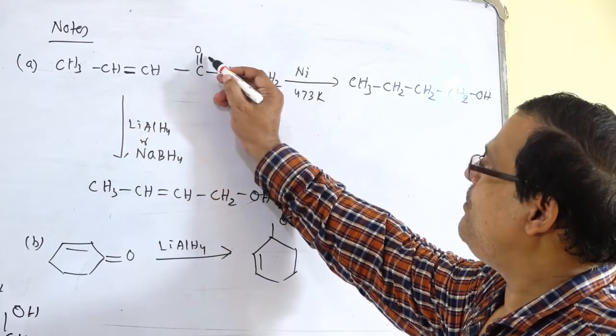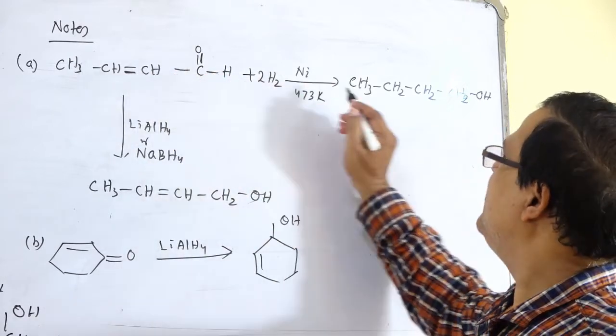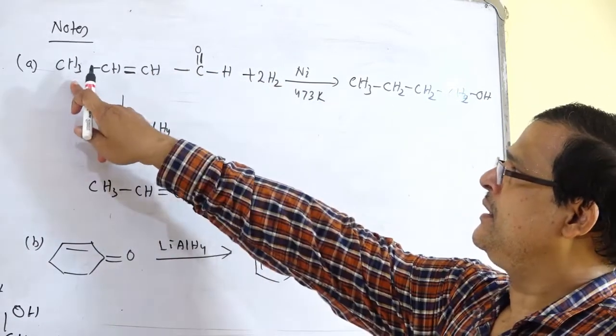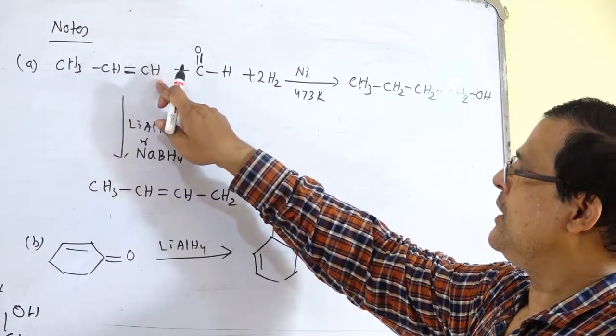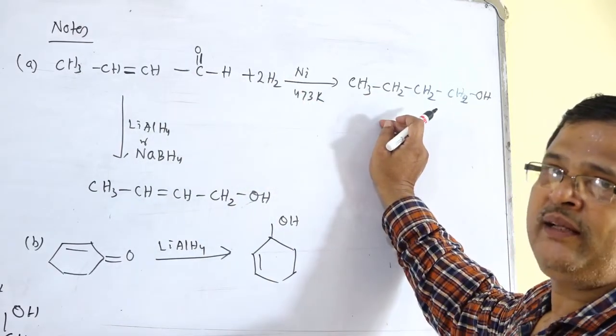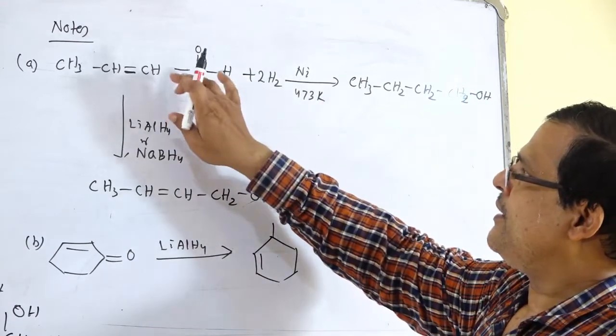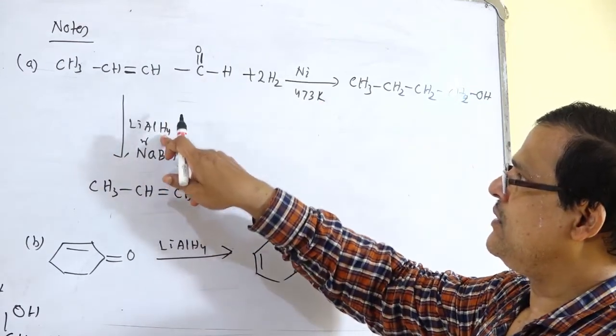So this bond will break, H and H, this bond will break, H and H. So there is the formation of CH3, CH2, CH2, CH2, OH. That is butanol. But if the same substance is reduced